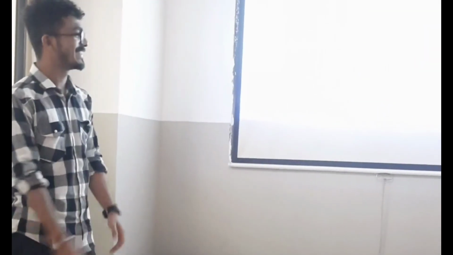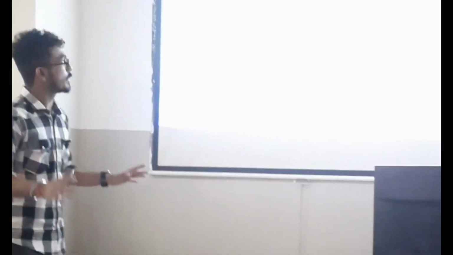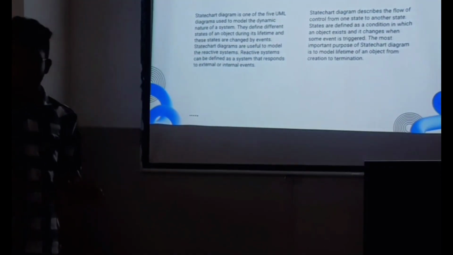So, what is the purpose of state chart diagram? If you want to develop any software or any product, what are the states that are going to occur to develop it and to obtain a final result is going to be represented by the state chart diagram. So state chart diagram is a structural view of states that are going to occur in a certain process in a system.